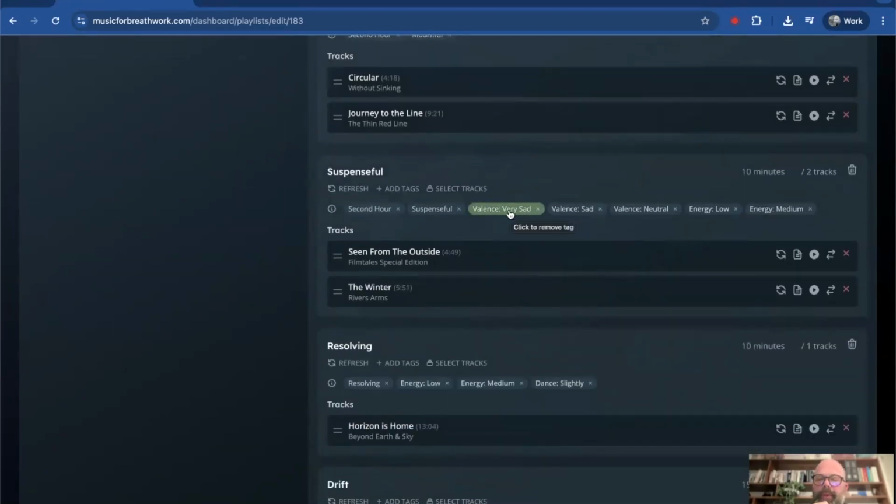In the system, there are also these things called audio qualities. So for this segment here, we've got suspenseful second hour pieces, and the system is going to go and get tracks that have a very low valence, and this is something from the Spotify API, which basically determines whether a track is happy or sad. And so these tracks are deemed anywhere from neutral down to very sad. It's low energy and medium energy, and so sometimes the energy doesn't quite